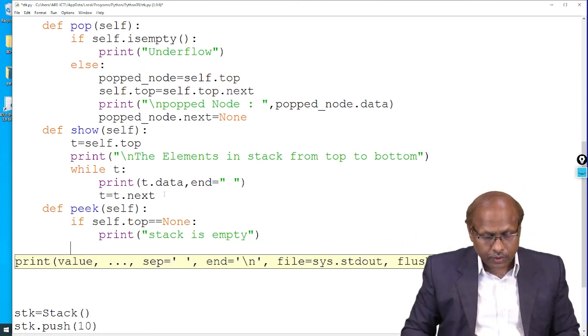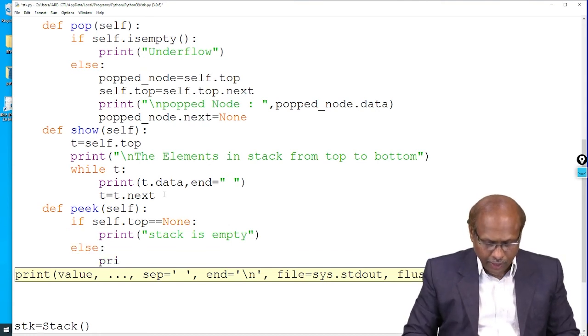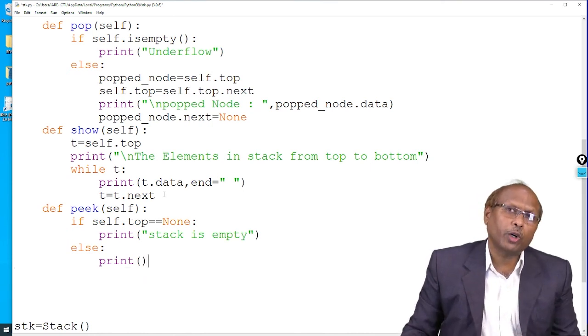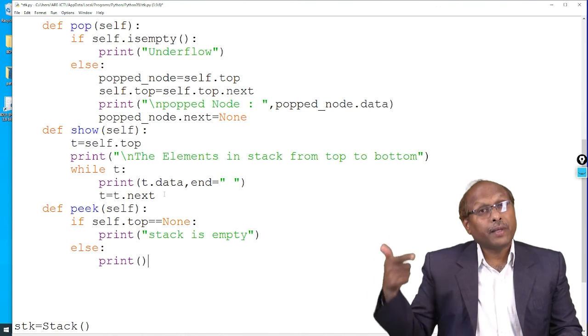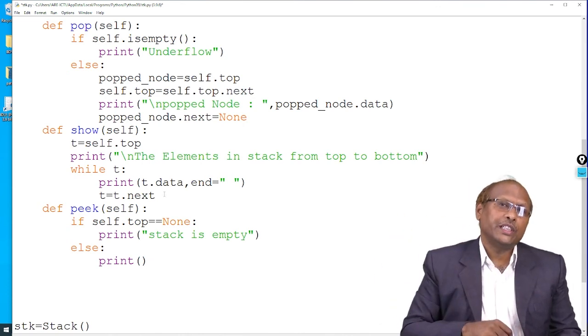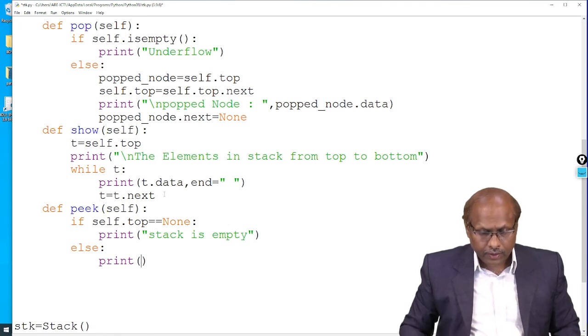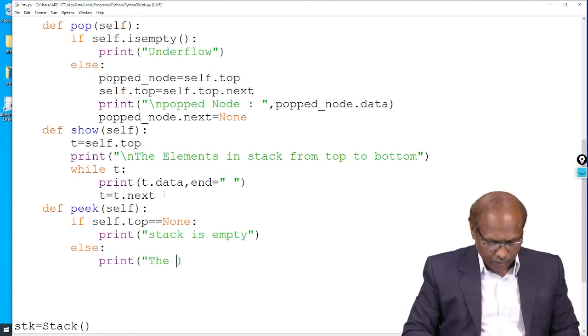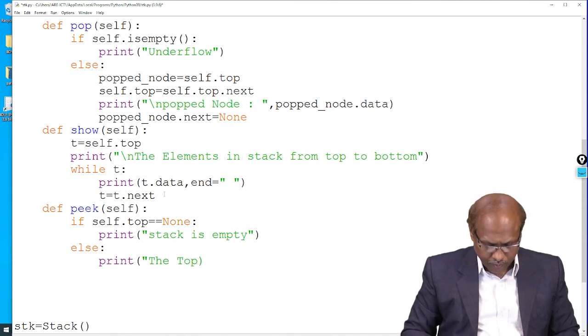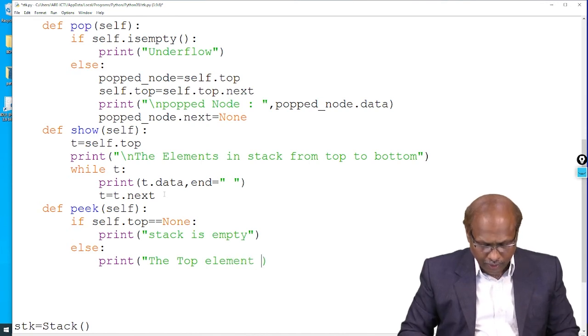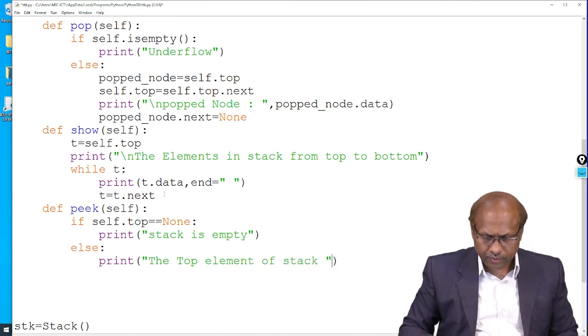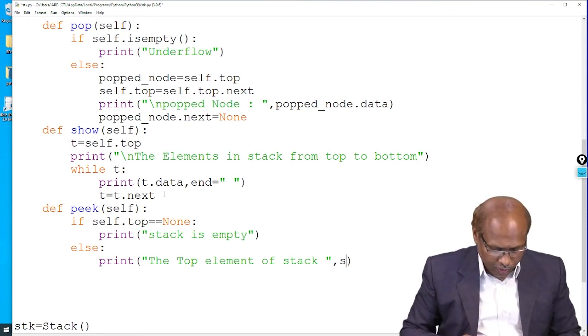If this is not empty, that means some elements are there. Then you can display print. So how will you display the topmost element? That is nothing but wherever top is pointing, the top's data you have to show. So you can write here the topmost data or top element, the top element of the stack. How much? That you have to say now, top dot, because now top is my member, so I should call self dot top